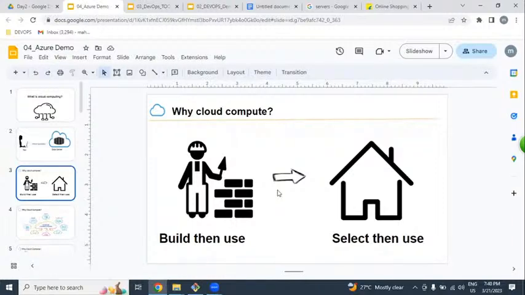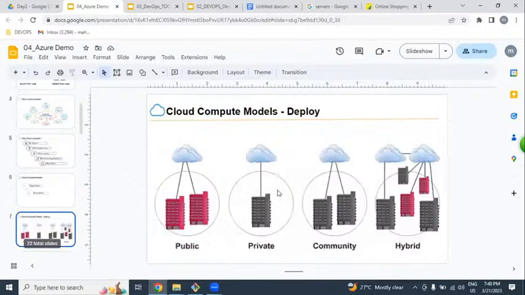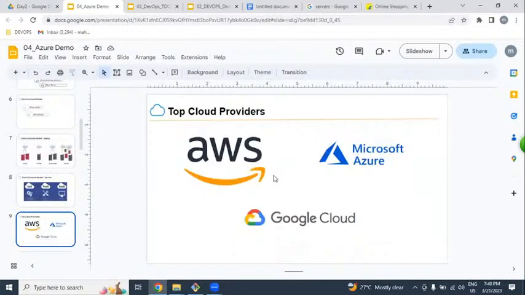By using any cloud, we can get infrastructure on a rental basis, either from Azure or AWS or Google. These three are leading cloud providers.